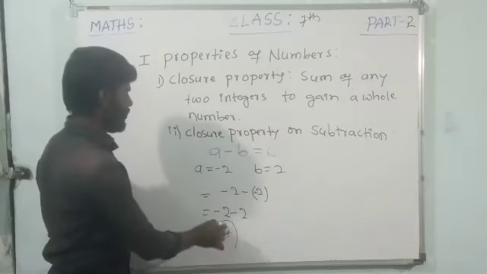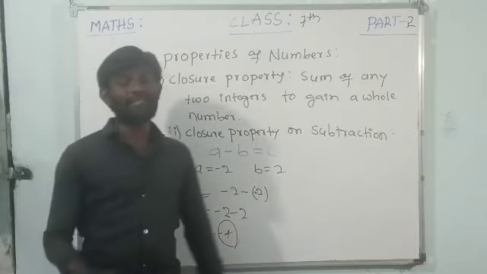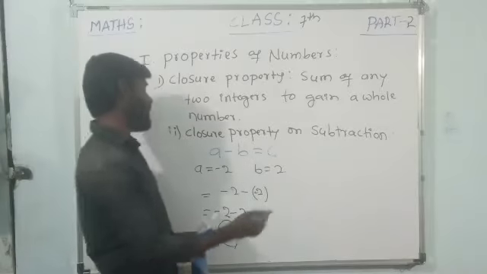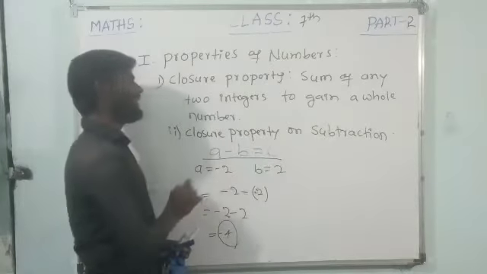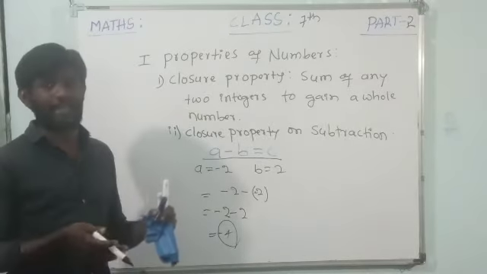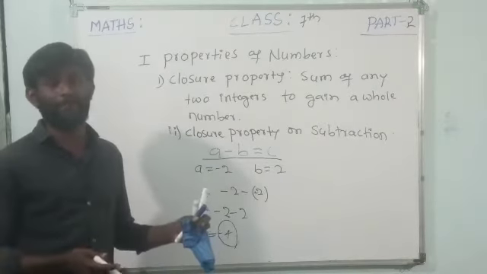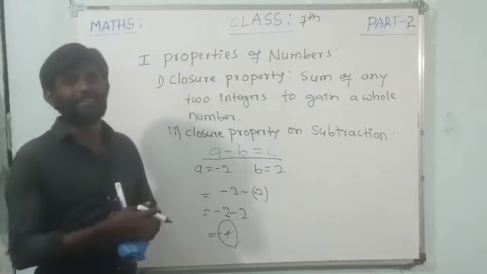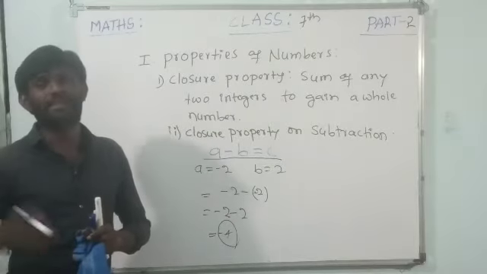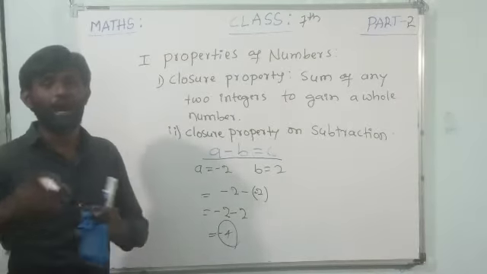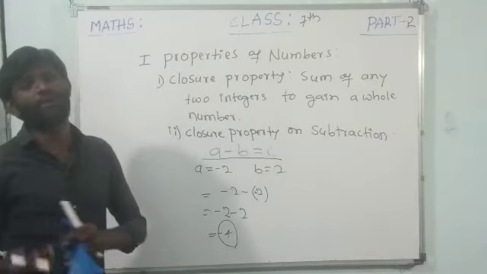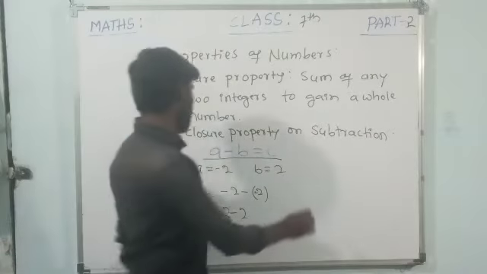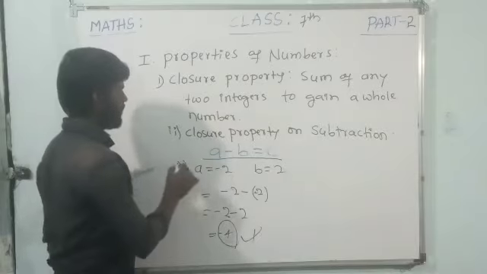One more thing I would like to tell here about whole numbers. You can ask a doubt, sir, minus 2, is it a whole number? In this case we have to say the sum of any two integers, not only positive, not only negative, it may be positive or it may be negative. You can again ask one question, sir, here whole numbers means only positive numbers. The number set which begins with 0 until infinity is what we call whole numbers. Is minus 2 a whole number? No. Again, example 2, I will show you this. Example A is over.